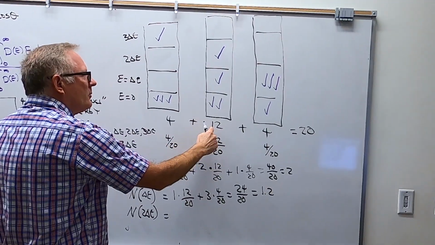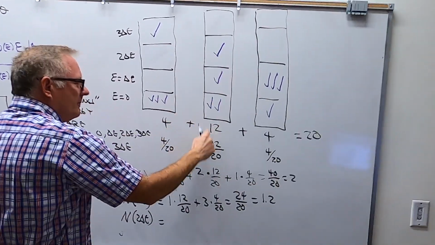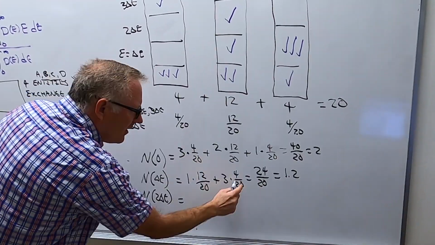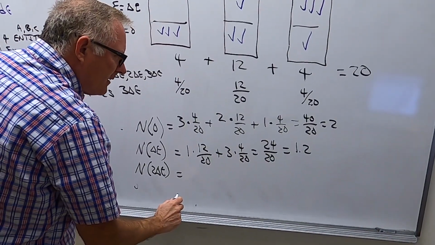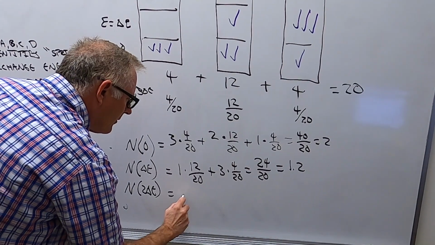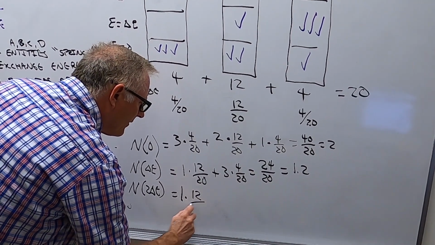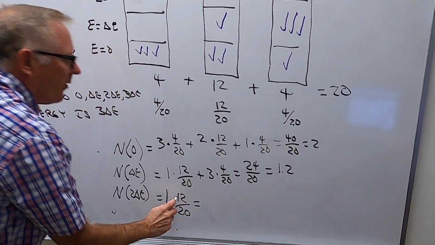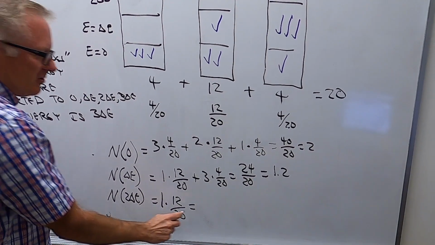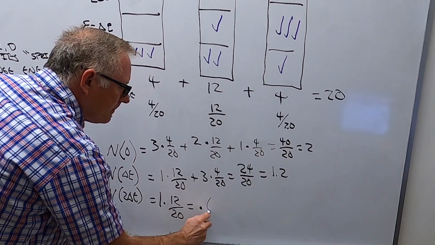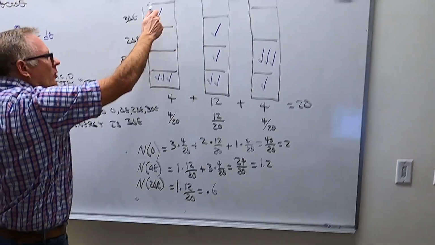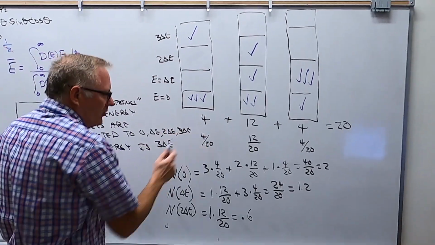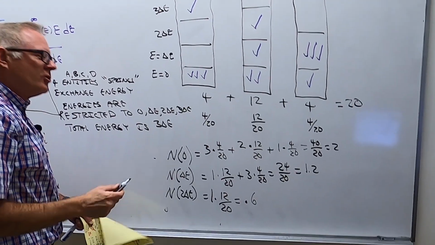Okay. And this one right here gave me 1 times 12/20ths. It should be half as much. 1 times 12/20ths. Oh, that's 6/10ths or 0.6. And the last one up here would just be 1 times 4/20ths, which is 2/10ths,